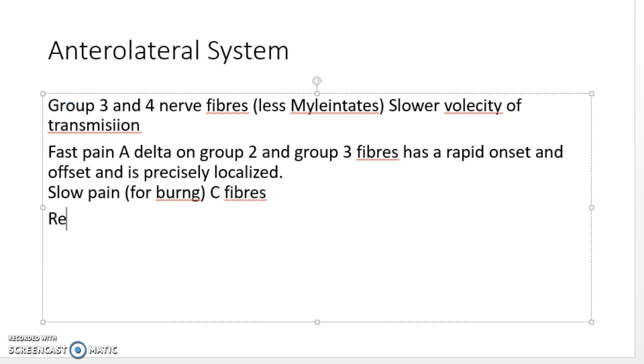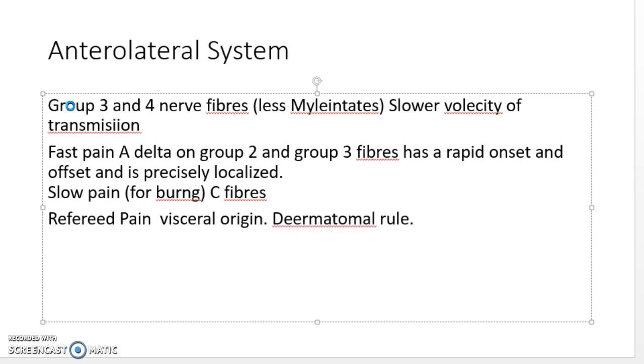Then we have referred pain, which is of visceral origin, and this is about the dermatomal rule. The dermatomal rule basically states that the nerves innervating any organ arise from the same spinal segments as those innervating the visceral organs. Thus, according to the dermatomal rule, ischemia of the heart is referred to chest and shoulder pains, innervated by nerves arising from the spinal